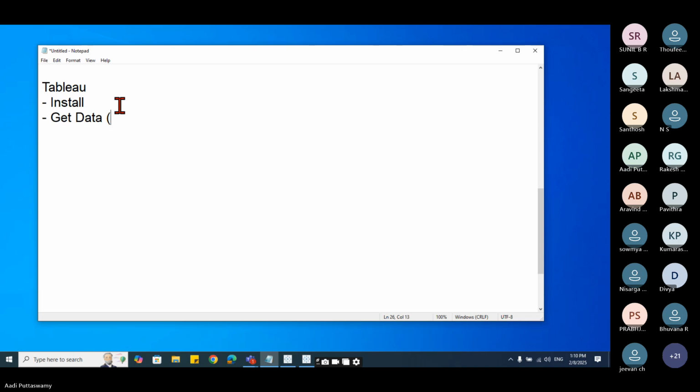In Tableau, we call it connect. But in Power BI, we call it get data. Both are similar. Power BI and Tableau, both are almost similar, the way they work. The next is I need to clean the data. Suppose I want to clean the data, say,